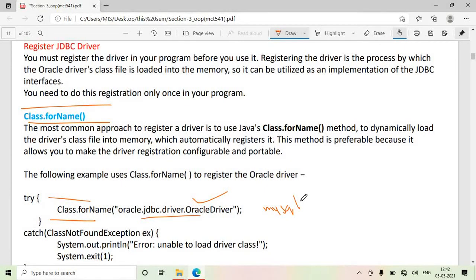Whichever database you want to connect to your Java code, the appropriate driver you need to mention here, and the same driver will be dynamically loaded and registered so that you can use it with your Java code. So the Class.forName method is there to load and register your appropriate driver.